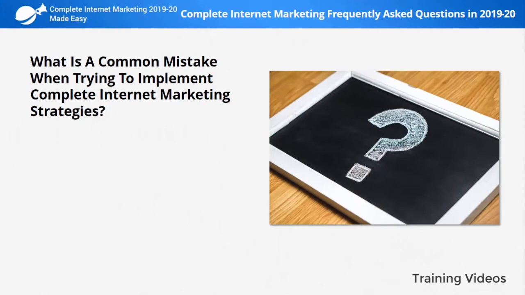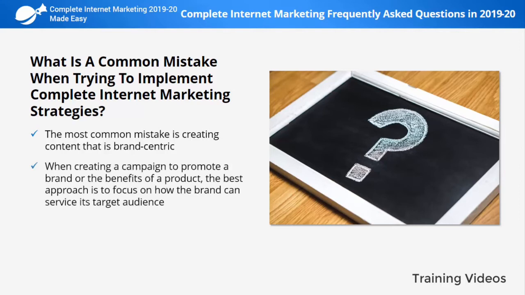What is a common mistake when trying to implement complete internet marketing strategies? The most common mistake is creating content that is brand-centric. And brand-centered content is content that focuses too much on the brand or on product features. When creating a campaign to promote a brand or the benefits of a product, the best approach is to focus on how the brand can service its target audience, or how a product can solve problems faced by customers in